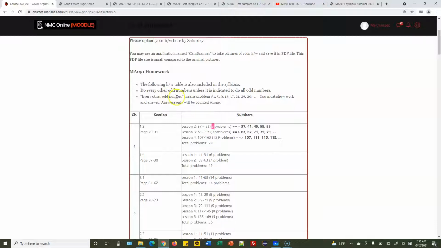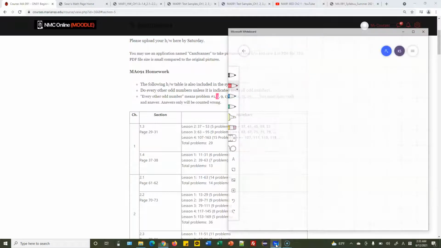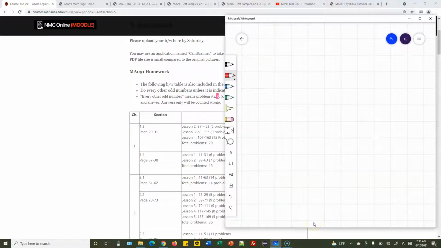What you do is you do every other odd number. Which means if you start with number 1, then skip the next odd number, and then do the next one. Okay, something like this. So if you're starting at 1, this is odd number 1, 3, 5, 7, 9, 11,